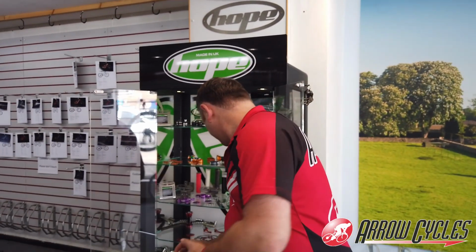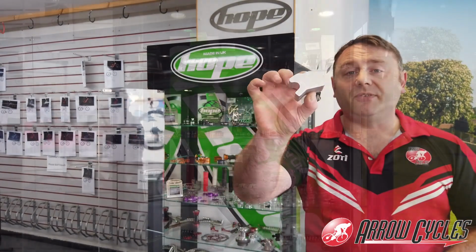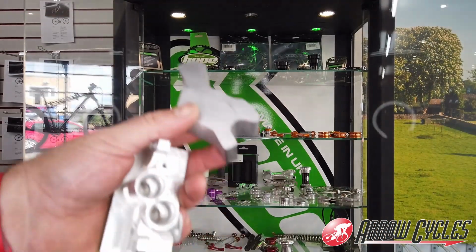So, just in case there is some of you out there who haven't heard of Hope before, Hope is a UK British-built CNC bike component company based up in Lancashire. Founded in 1989, only a year after Orange Cycles, they've been taking raw product like billets of aluminium and turning things like these